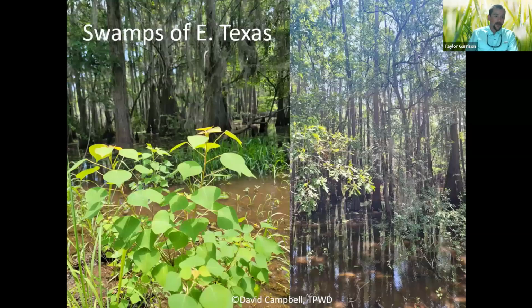Moving on to East Texas as well, we have more bald cypress in the background, but we also have Chinese tallow dominating the shorelines or edges of Caddo Lake in the left photo. We also have an example from a creek in East Texas on the right, with some bald cypress but also overcup oak overhanging that swamp. So two different examples of what you might see in East Texas.